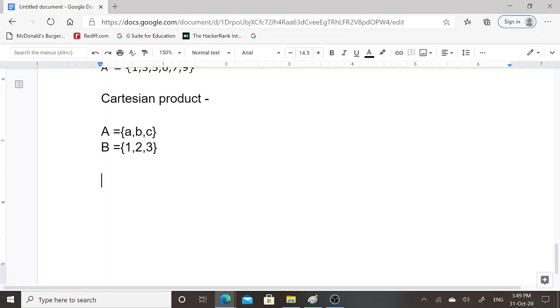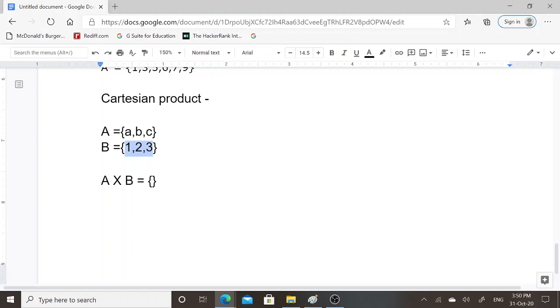Cartesian product of set is represented as A Cartesian product B. In this Cartesian operation, we have to multiply each and every element of set A with set B's elements.